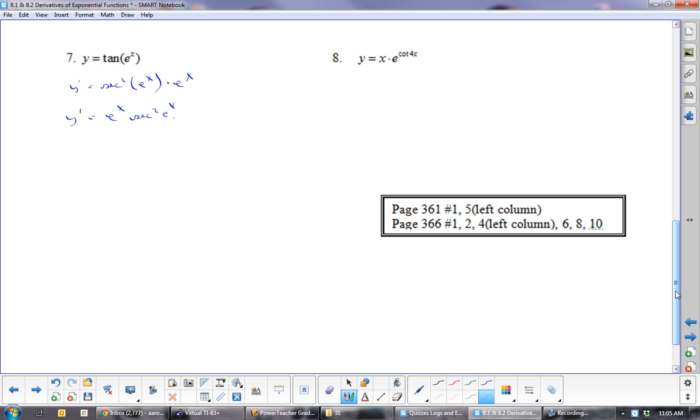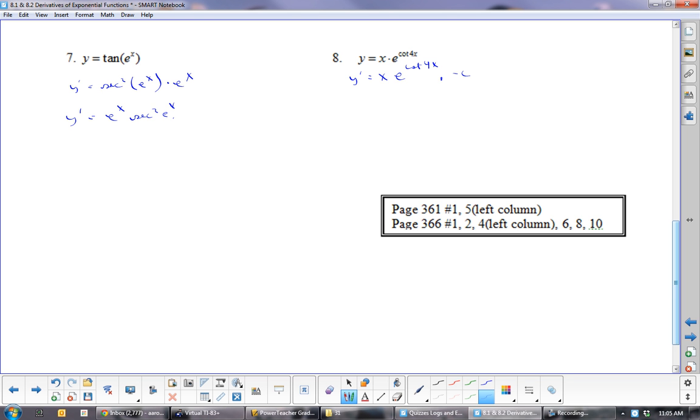Okay, this one we're going to have to use the product rule again. So y prime equals, we've got the first times the derivative of the second. So we would first do e to the cotan 4x, right? Because that's a derivative. It almost looks like we left it alone, but we did do the derivative of it. Now I'm going to do the derivative of the exponent, which is